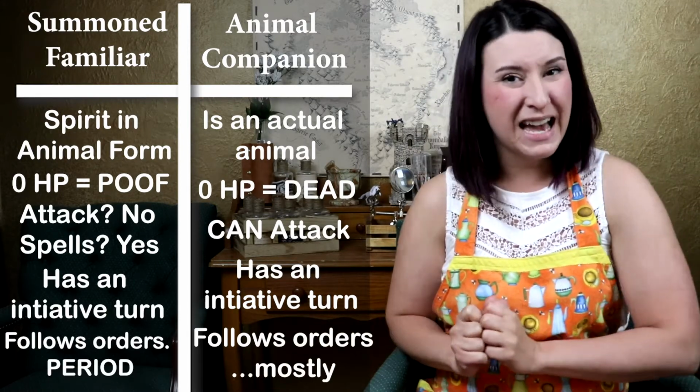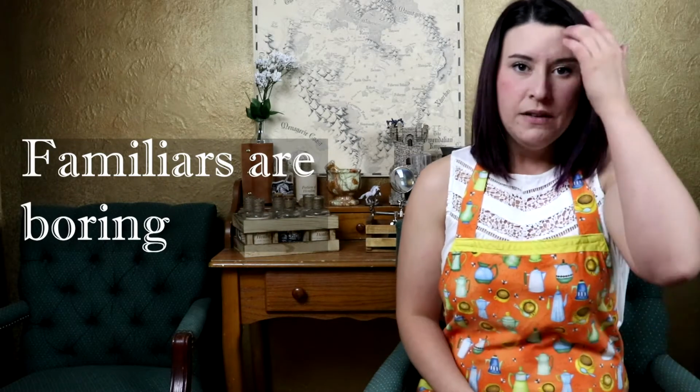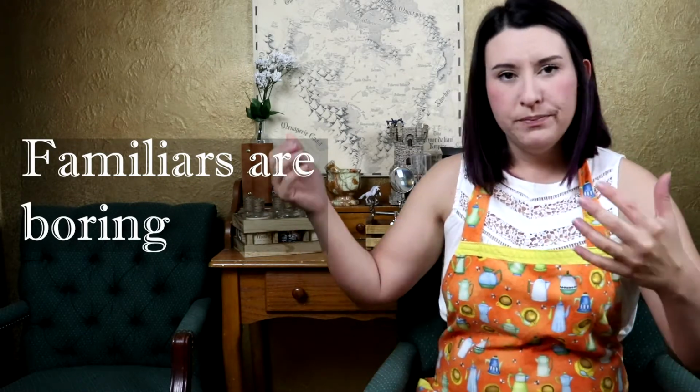So let's get into that. Why do DMs hate familiars as much as we do? Well, reason number 1 is they are boring. Familiars show up, do what the wizard wants them to do, and then they kind of disappear for the role-playing part of the campaign. You don't really have anything to do with them other than maybe that they're always on the wizard's shoulder for flavor. They don't have a personality, they aren't interesting, they're almost like little spiritual robots doing what they're commanded to do,